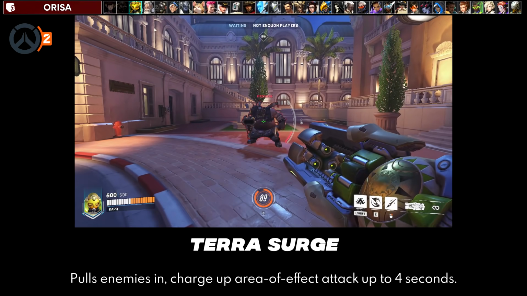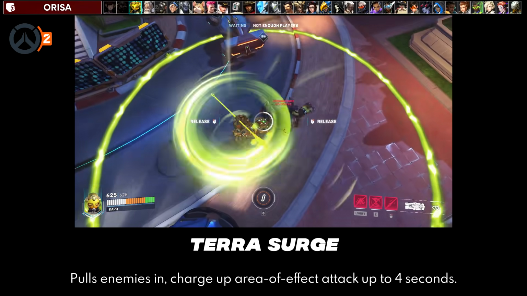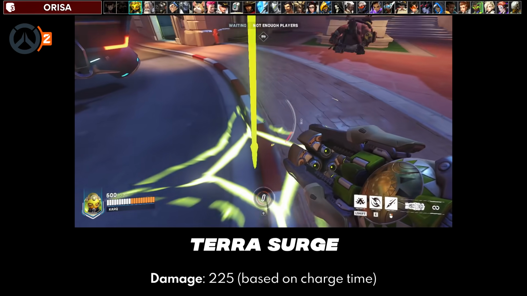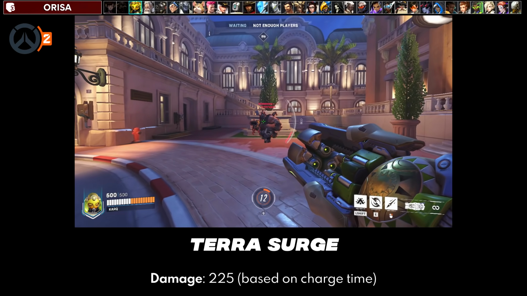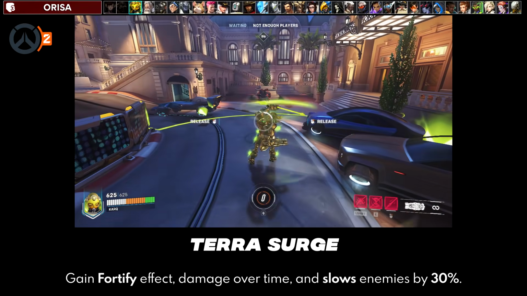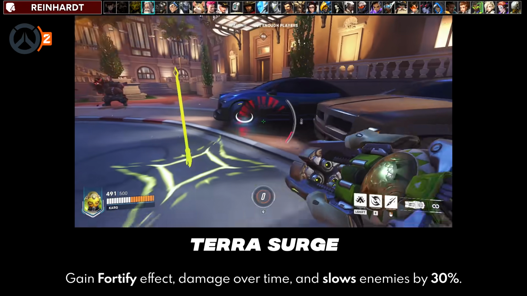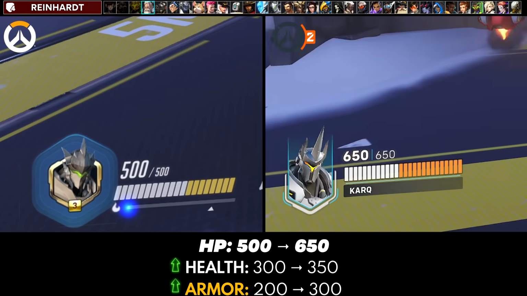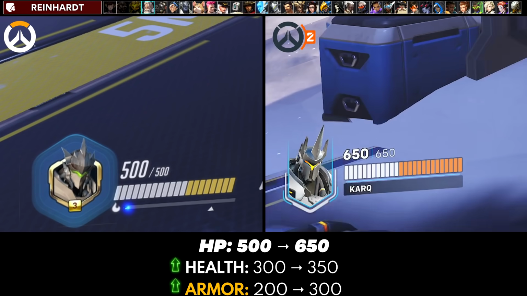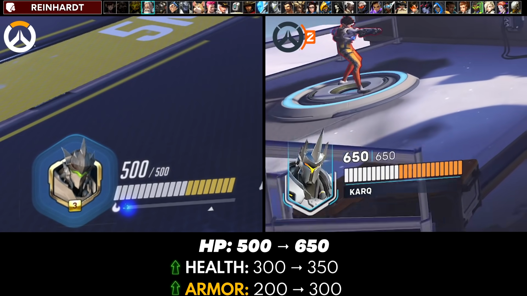Terra Surge is now her ultimate that immediately pulls enemies in and charges up an AoE attack over 4 seconds. Releasing it deals up to 225 damage based on how long it was channeled. Orisa also gets the effect of Fortify, and it slowly deals minor damage over time, slowing nearby enemies' movement speed by 30%. Reinhardt's health is increased from 500 to 650, gaining an additional 50 base health from 300 to 350,